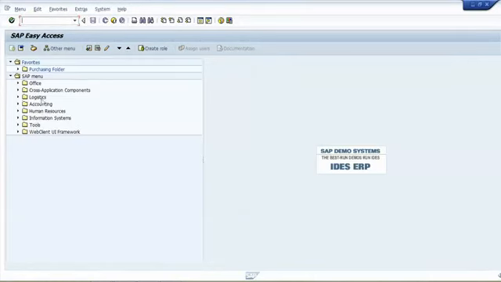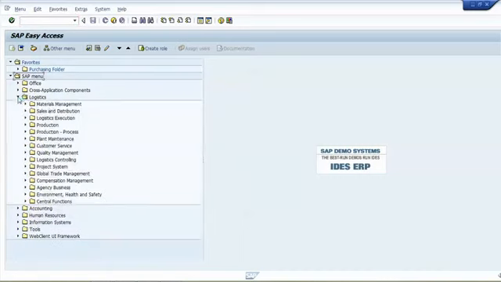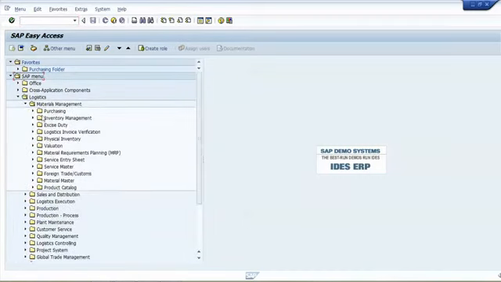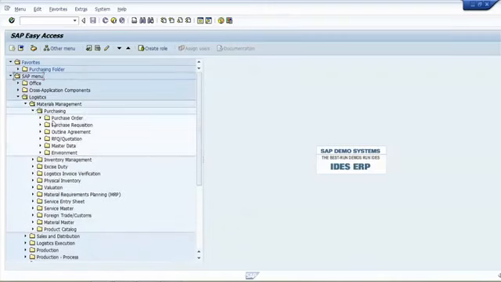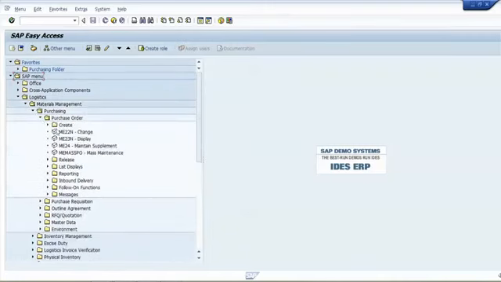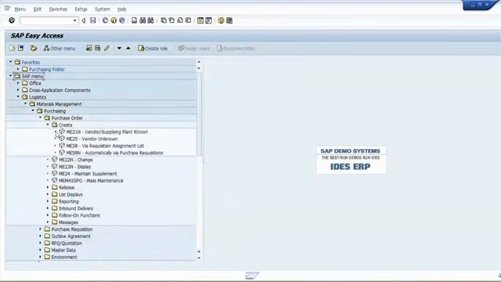SAP menu, Logistics, Materials Management, Purchasing, Purchase Order, Create, and ME21N Create. So either we can double click on here, or else in the command box we can put our transaction code ME21N. Both ways we can do.